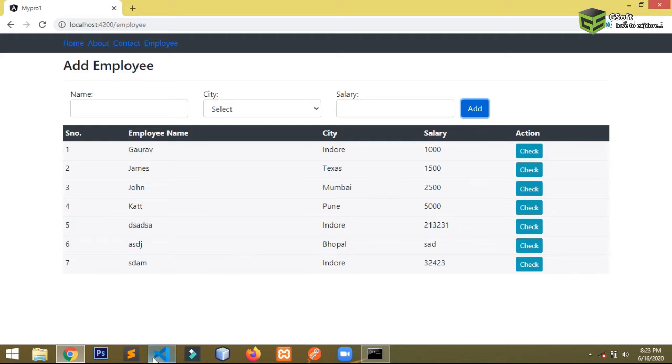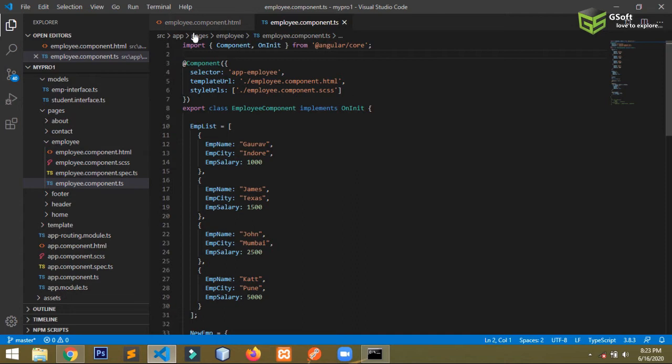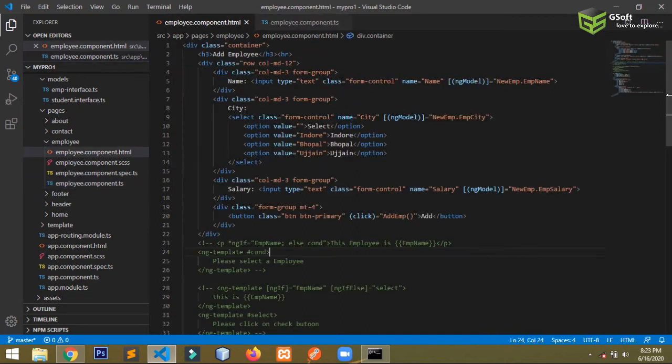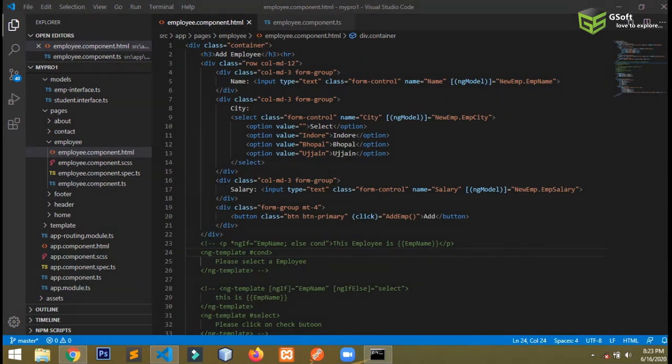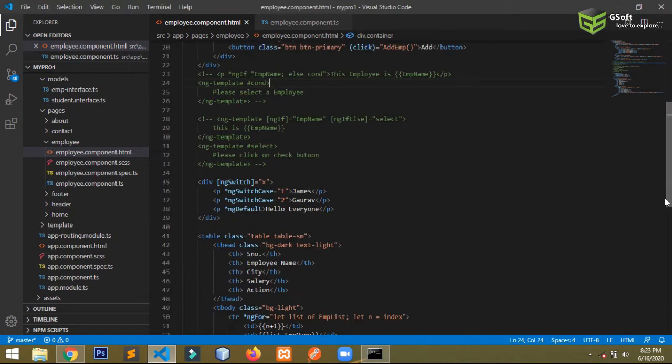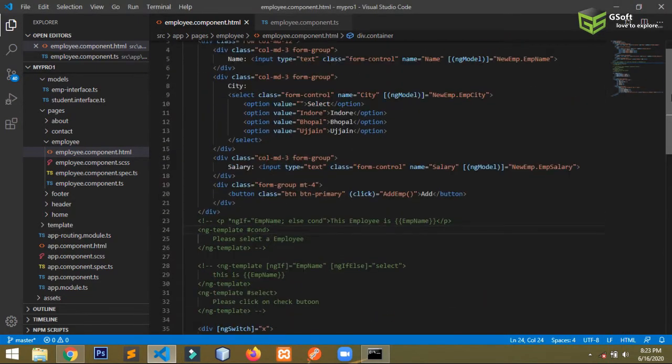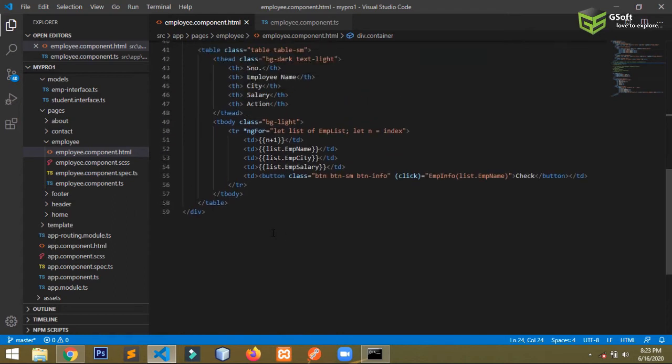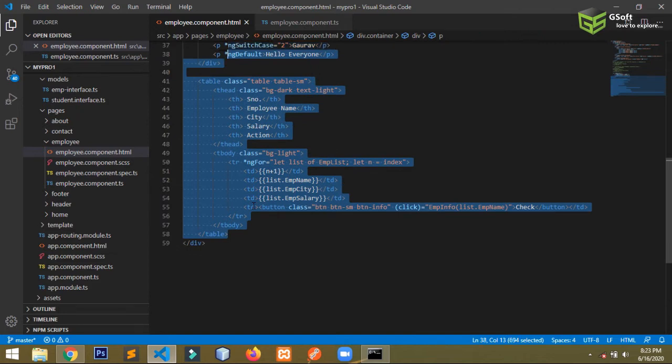So let me show you the code here. So this is my employee component. You can see here this is the HTML part of my component. So what I will do is I will move this table to a child component. Okay guys, so I will just cut this table from here,